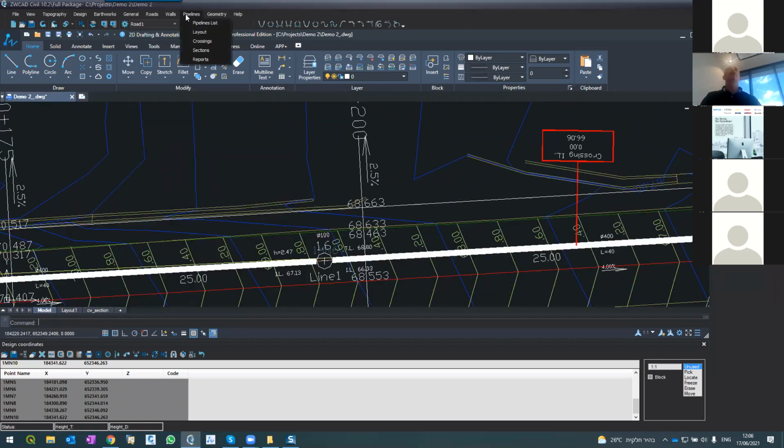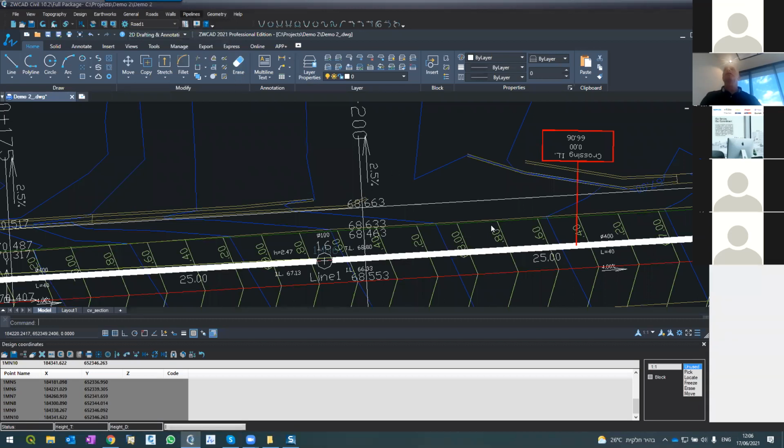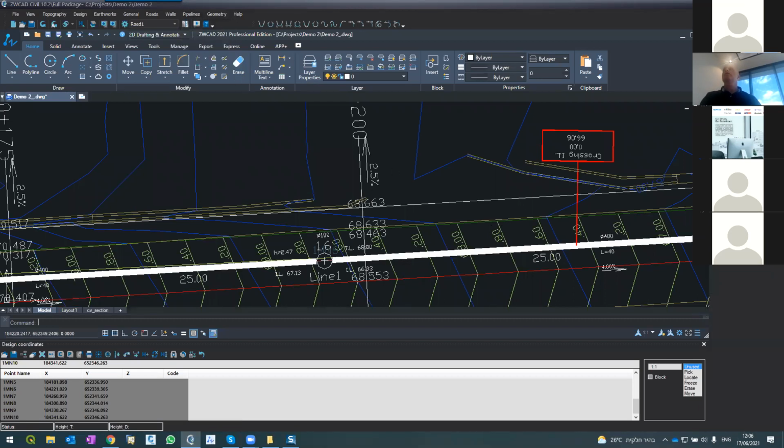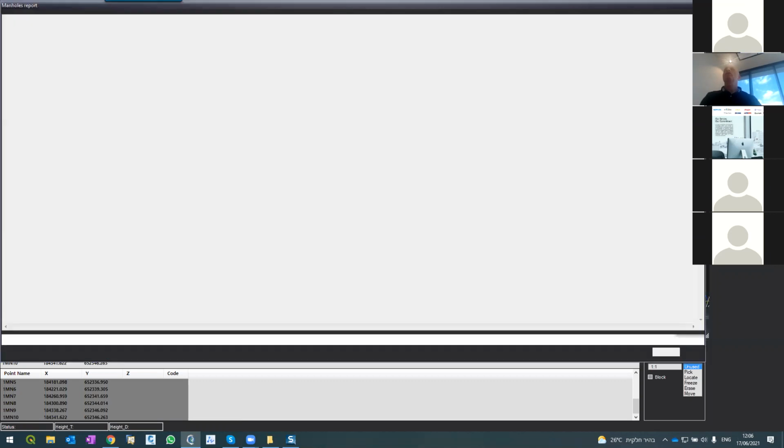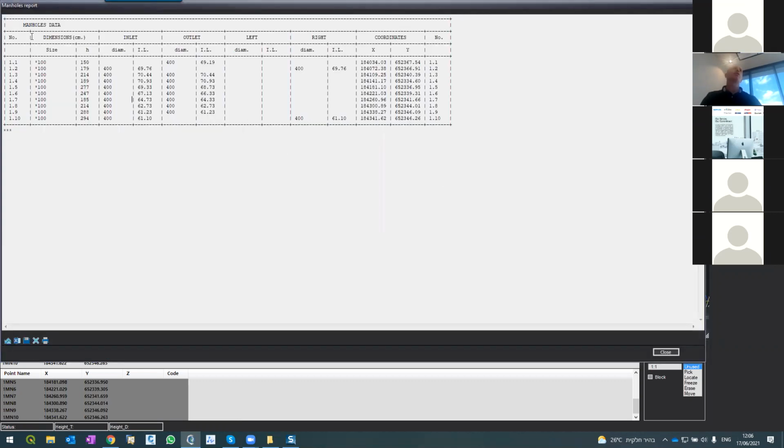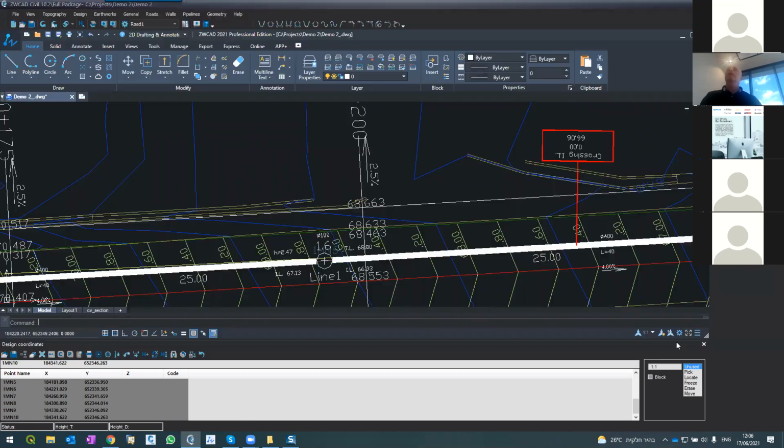Actually, I can even go and do some reports out of it. If I go to reports, sewage, I can get a few reports. For example, the first one is the manhole reports. Each manhole, the diameter, the height, the invert level, and the coordinates. I can get quantities reports